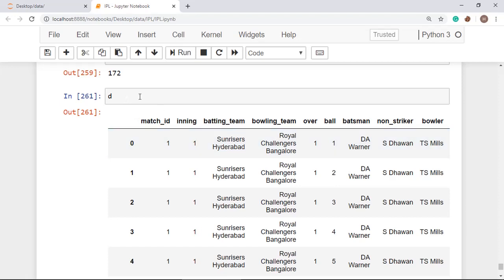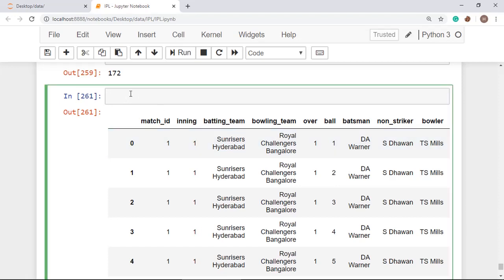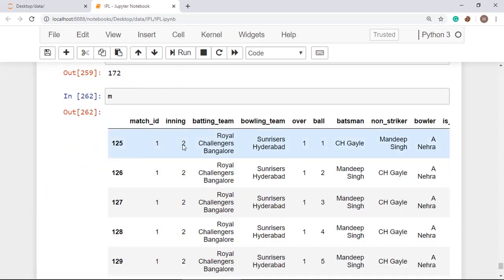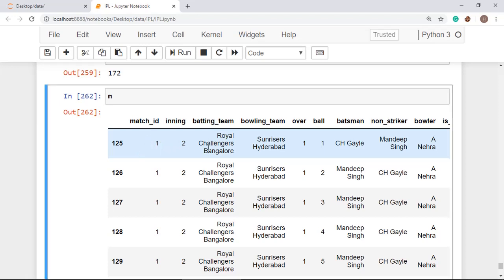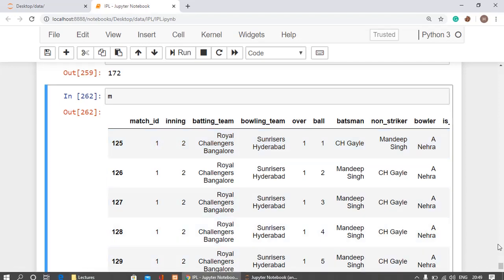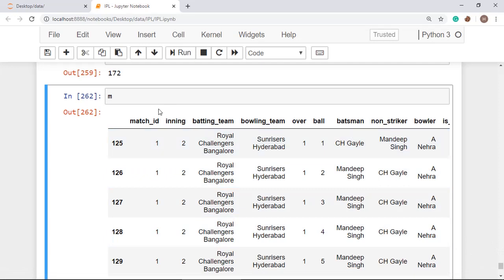If we want matches, we have to call M and match ID. This one is not the file, so just load this file.